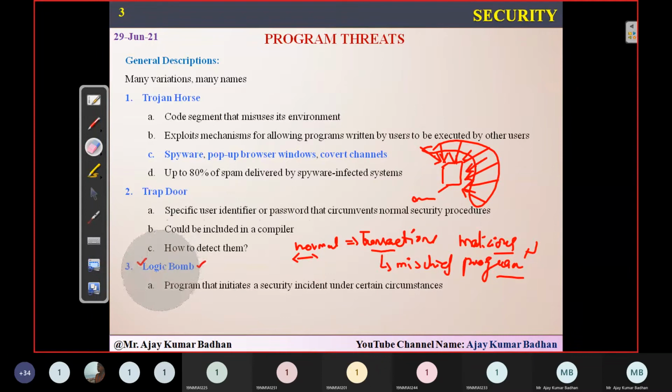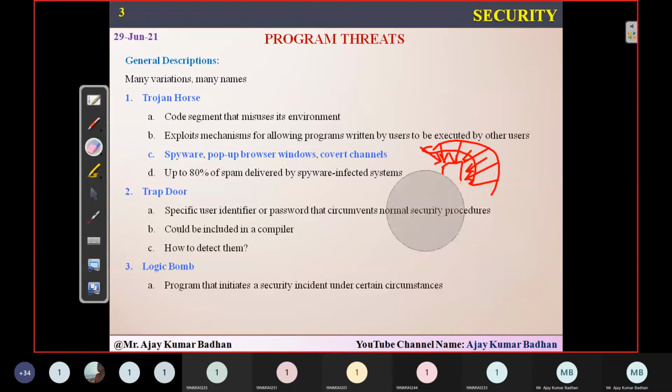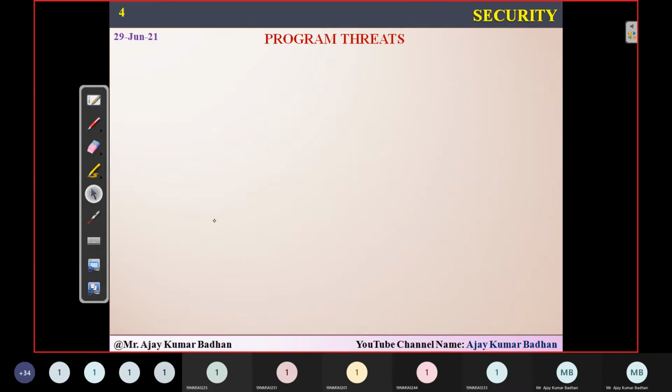So that's the reason it is very difficult to detect when this happened, because definitely if you have traces of this hacking, then only can you trace it, and then only will you come to know that someone has hacked your system. But if there are no traces, and it only sometimes performs that operation, we cannot detect it. That comes under something called a logic bomb. So going ahead,